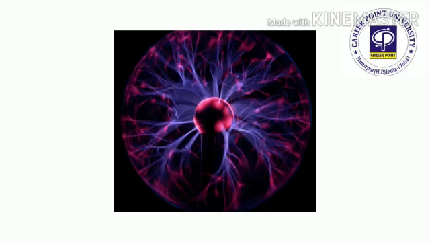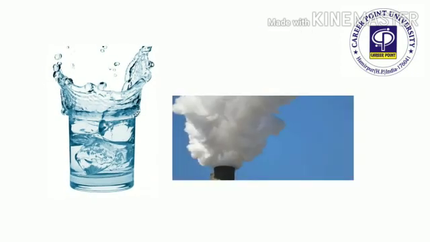There is also a fourth state of matter known as plasma which occurs naturally in the interiors of celestial bodies. It is a gaseous state of matter that contains electrically charged particles. Liquid and gases are termed as fluid. Water and air are the examples of fluid. Water is a liquid and air is a gas.